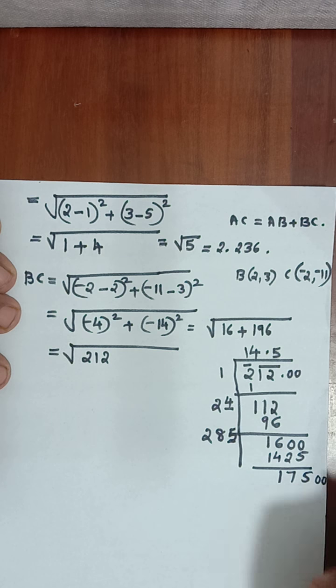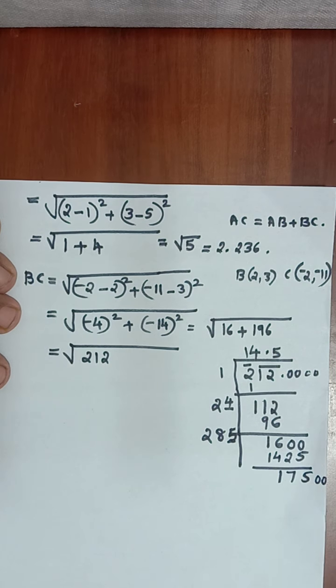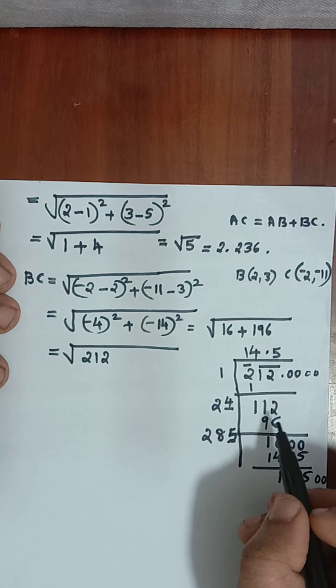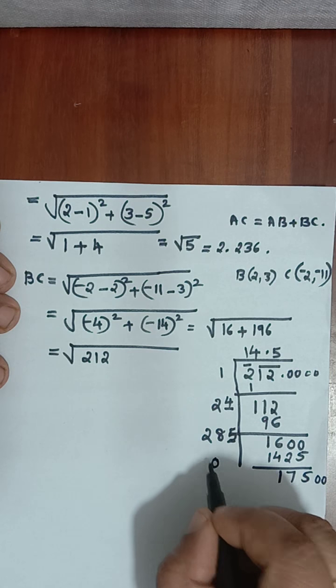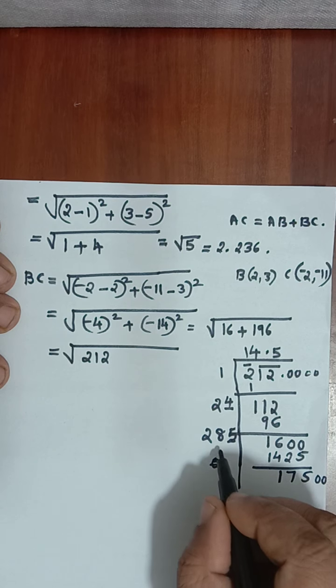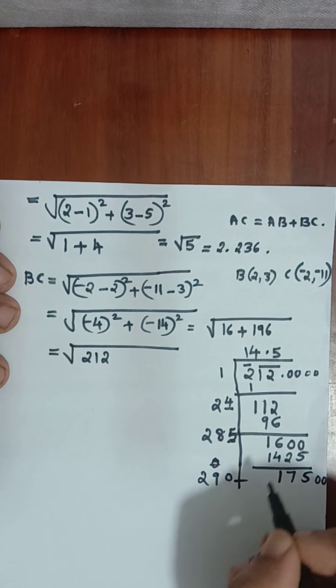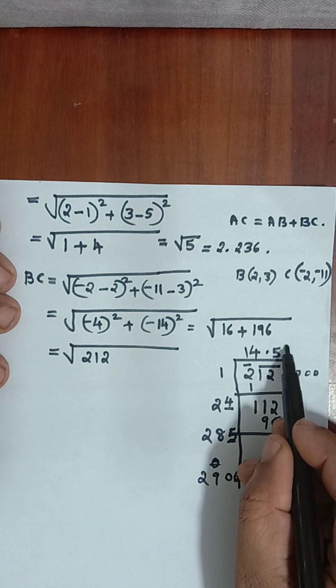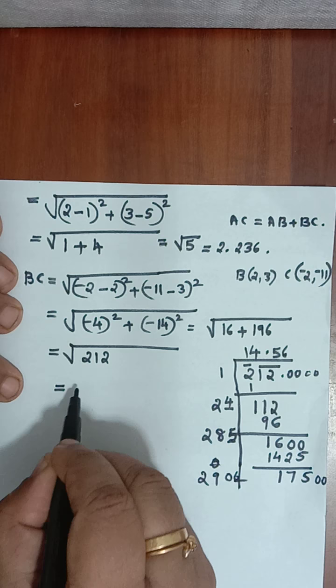175 we are getting. So again 00. Here you can have any number of zeros. 00 we are bringing down. After 5 we'll be getting the point 6, I think. So 6 times. So 5 double is 10, here we have 10. 1 remainder 9 it will become. Then this is 2. The last number 6 I am going to choose. With this 6 we will be getting this almost. So this answer will be